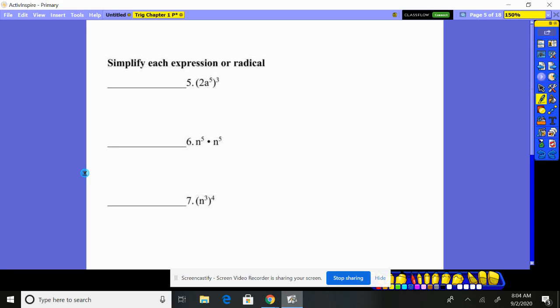Okay, let's look at a few others here on Trig Chapter 1, Practice Test 2. The first one, we have (2a^5)^3. The whole thing's being raised to the third. So that means I have a 2a to the fifth times another 2a to the fifth times another 2a to the fifth. All right, now we can write that out if we need to as